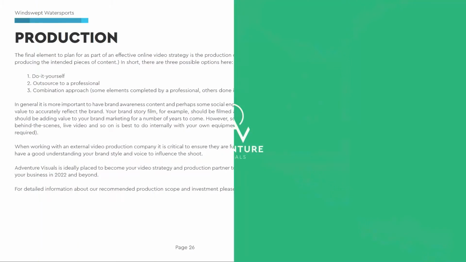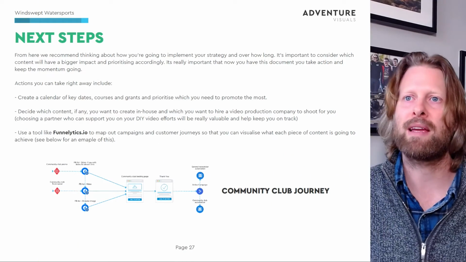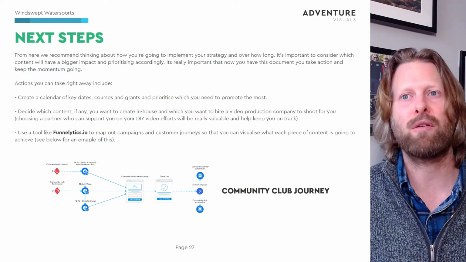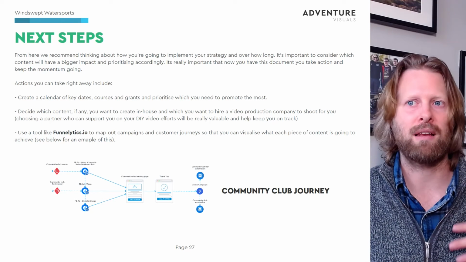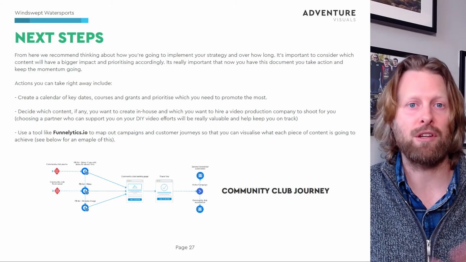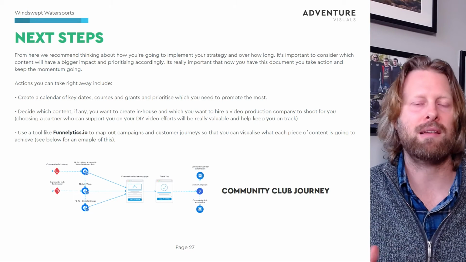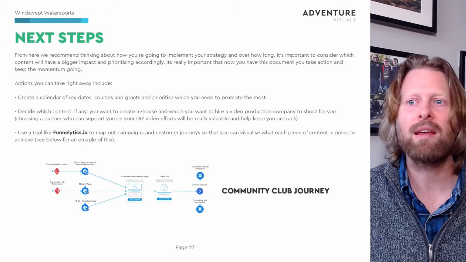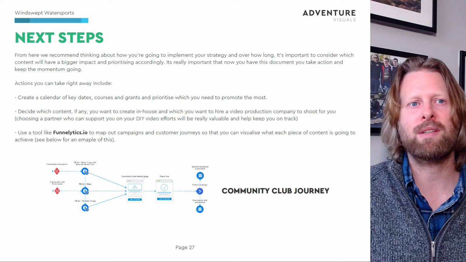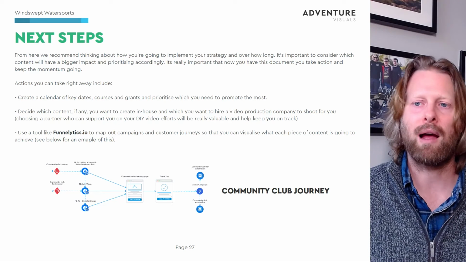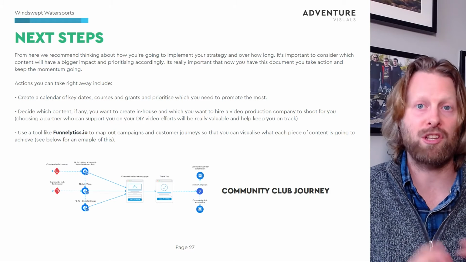One final thing we show in the document, if I come to the next page, is some next steps about how to think about your priorities, what particular pieces of content you should prioritize, etc. Again, this is going to be different depending on each client, but we also like to give some examples of how a campaign can work for an entire customer journey.